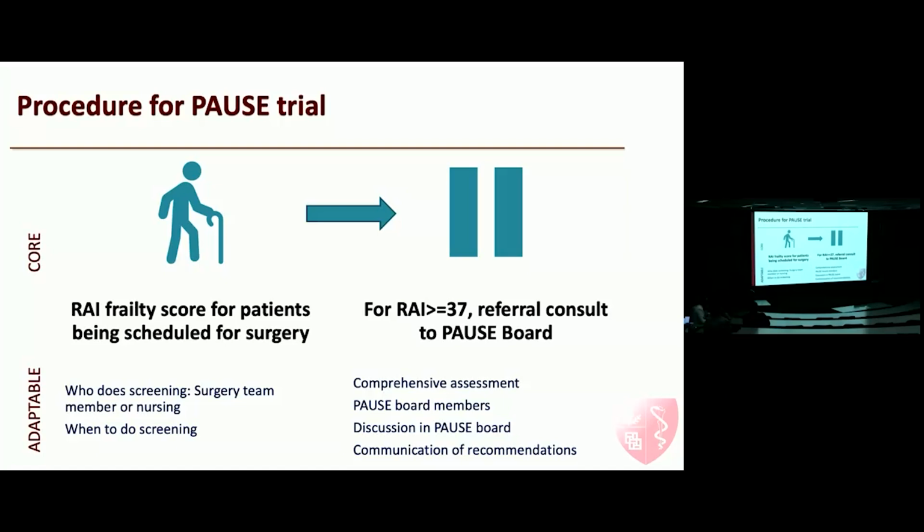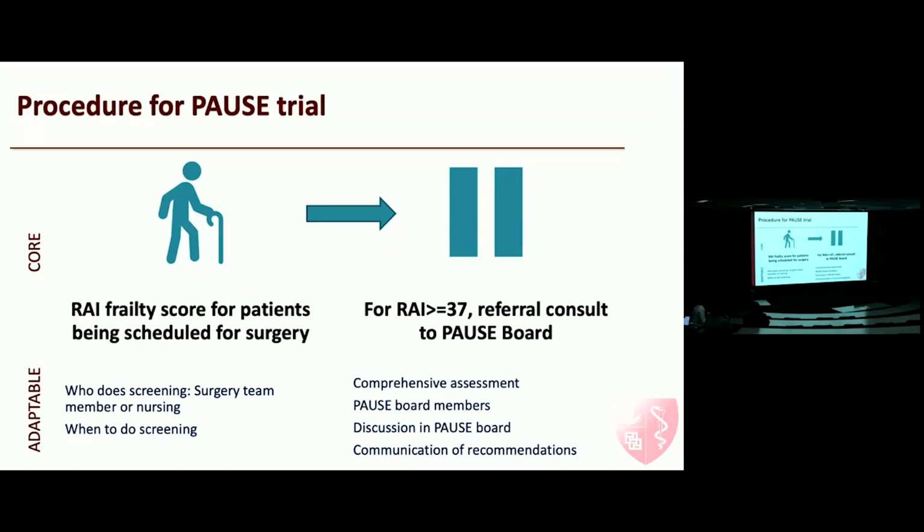When to do the screening? Are we doing it for all comers in the clinic, or are we doing it at the time they are having their discussion with the surgeon, or are we doing it at the time that they are actually being booked for the case? Also, how the PAUSE board would be run. That was a big unknown, as I told you, that we didn't have efficacy data on that. So how comprehensive would the assessment be? Who are the PAUSE board members that are absolutely essential, whether they can attend remotely versus in person, or can we get asynchronous recommendations for optimization by email versus in-person meetings?